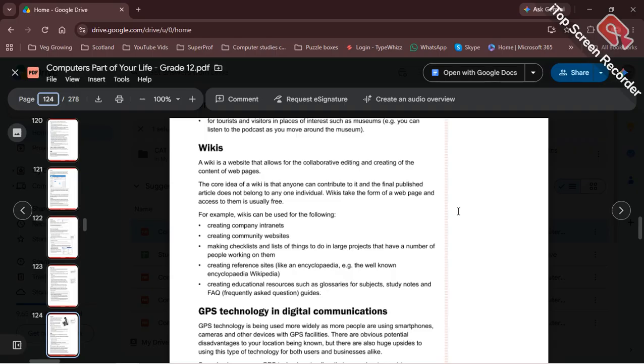So back up until the 90s, people were still buying encyclopedias. You would buy a set of encyclopedias, and it'd be a whole range going from A to Z. It could be anything from 12 to 20 plus books. They're generally quite thick and quite heavy. The only problem is that once the encyclopedia was printed, you couldn't go and change the information on there